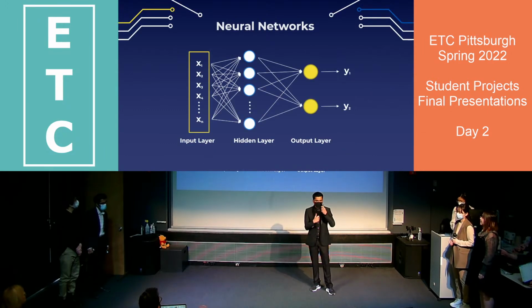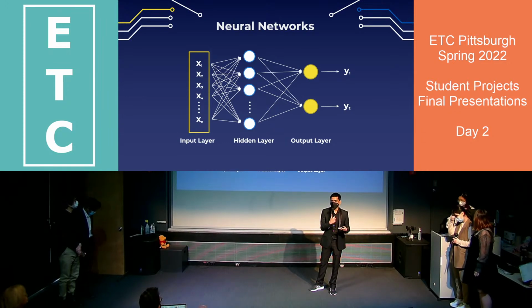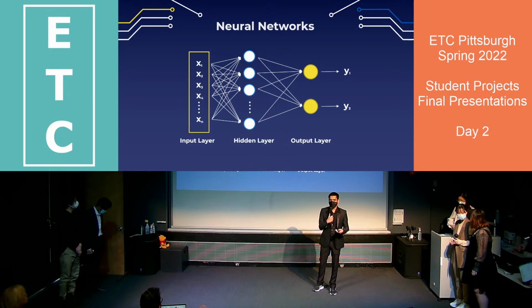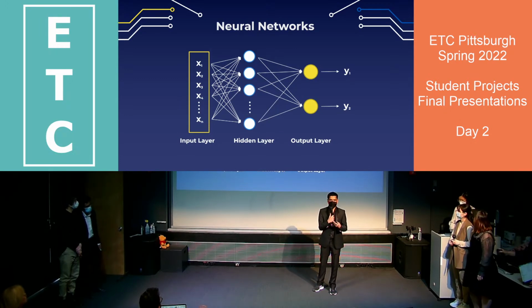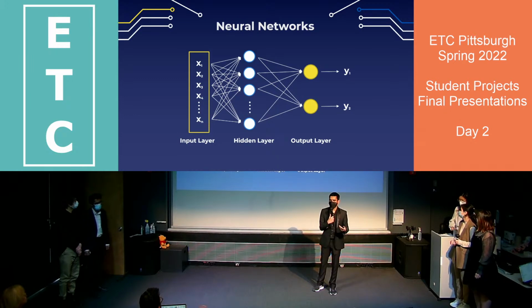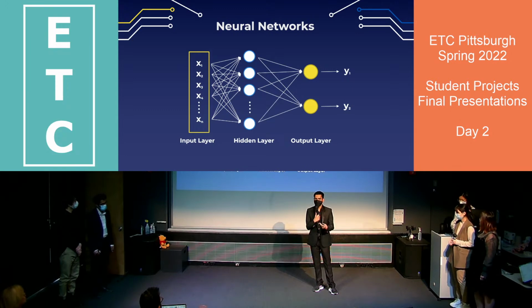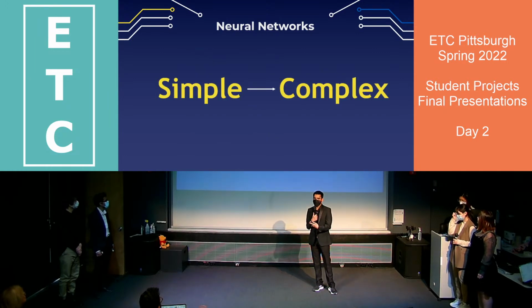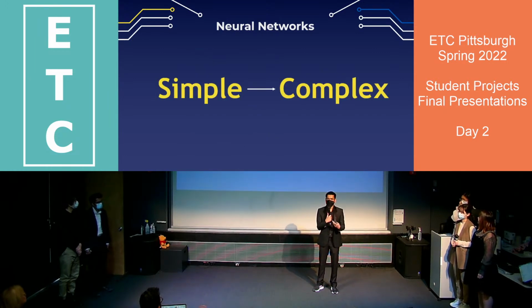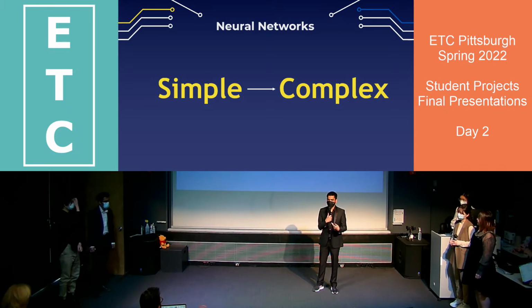So neural networks, like we talked about during the House presentation, is a really complicated concept and has its own challenges when it comes to teaching them and also from the perspective of students understanding the concepts. So for us, it was really important to have a direction in terms of what we wanted to do in terms of design. So we chose to move from simple to complex, which sounds super obvious, but really helped us to channel what we really want to accomplish from this project.